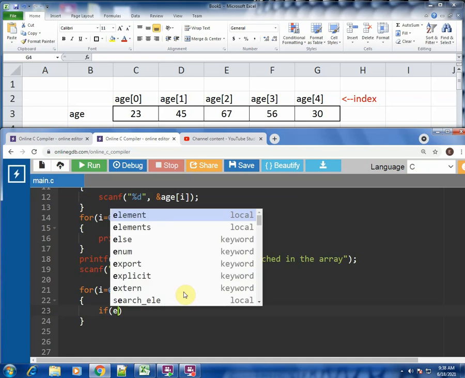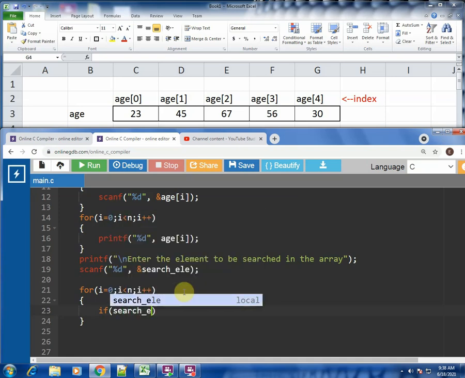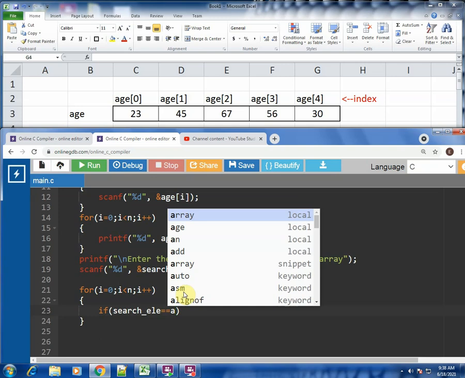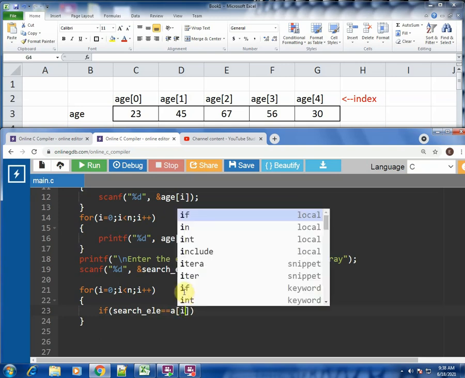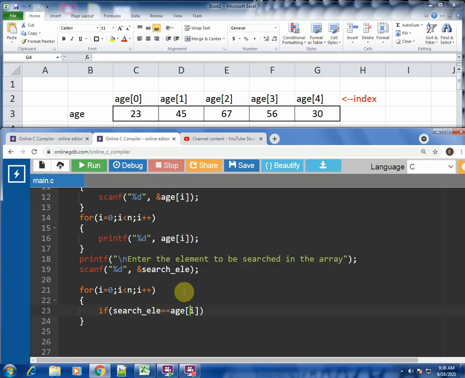So if the search element, named as search underscore ele, is equal to a of I, okay, then you print something inside the if statement.